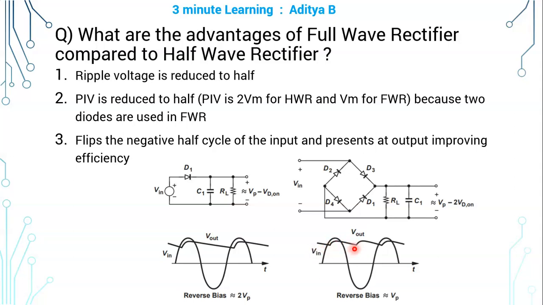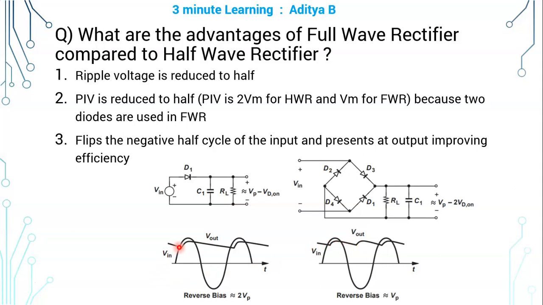After half of the time again the diodes will be on because the other pair of diodes will be on because of the negative half cycle, and again the charging takes place. So the slope or the roll down slope or the discharging rate is same because C1 and RL values are same in both cases, but the time available for discharging is less in full wave rectifier, that is half when compared to the half wave rectifier. So the peak to peak ripple amplitude also becomes half.